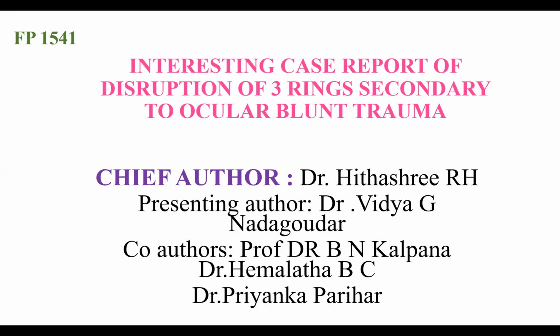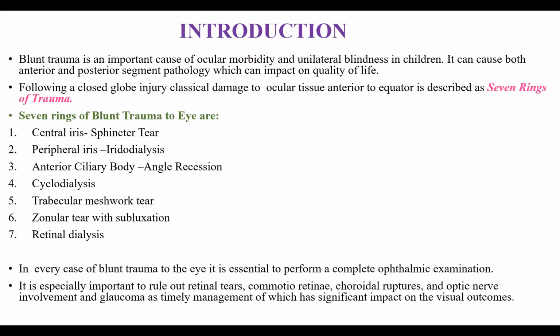Introduction. Blunt trauma is an important cause of ocular morbidity and unilateral blindness in children. It can cause both anterior and posterior segment pathology, which can impact the quality of life. Following a closed globe injury, classical damage to the ocular tissue anterior to the equator is described as 7 rings of trauma. Here are the 7 rings of blunt trauma to the eye. Central iris damage that causes sphincter tear and iridodialysis, angle recession, cyclodialysis, trabecular meshwork tear, zonular tear with subluxation, retinal